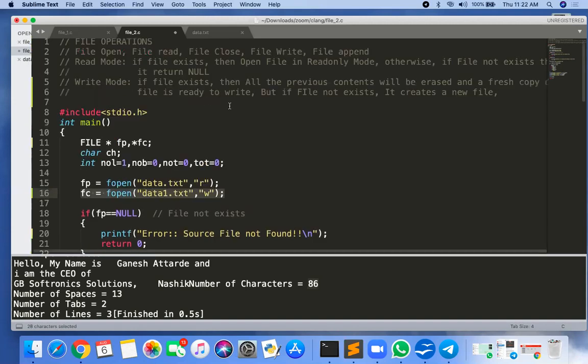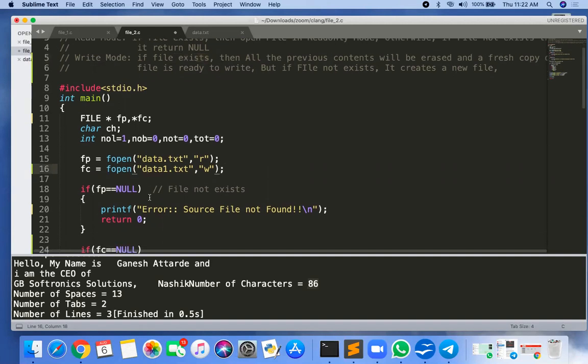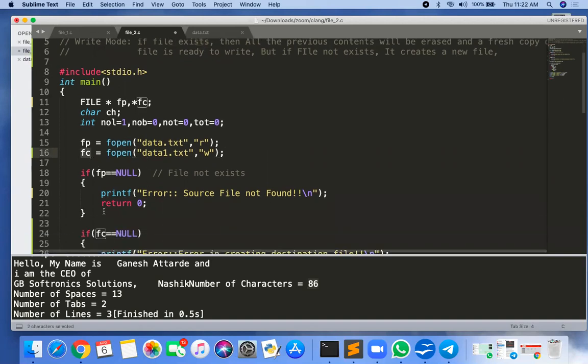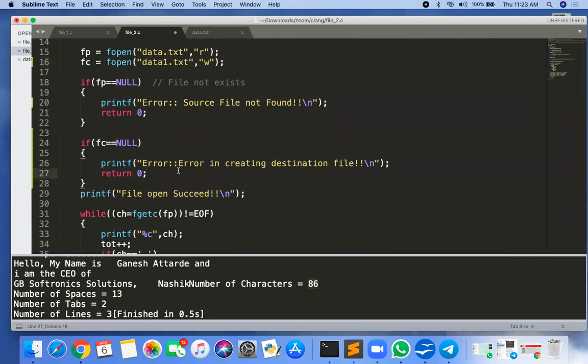Actually, when the file does not exist, it will create a new file. If the file exists, it will open that existing file, but all the data content will be erased. But in what case is your fc null? While creating a new file, suppose the memory is no more, all the RAM memory is busy, and no free memory is there. Then the operating system will not allow creating a new file.